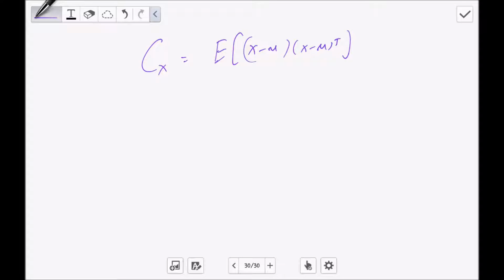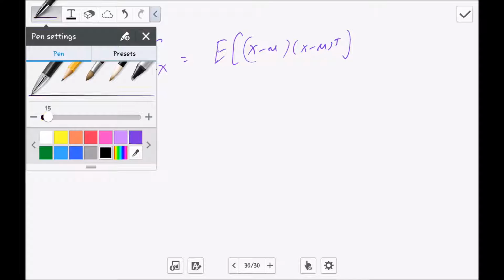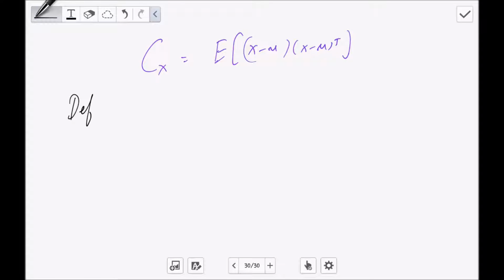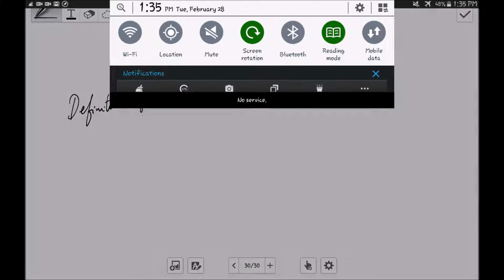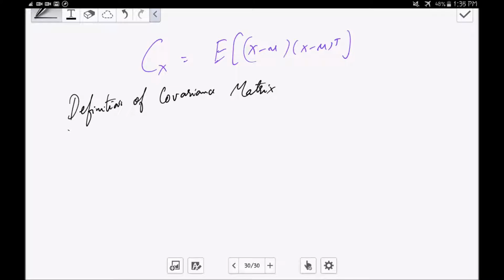Okay, so this is the definition of covariance matrix. Definition of covariance matrix